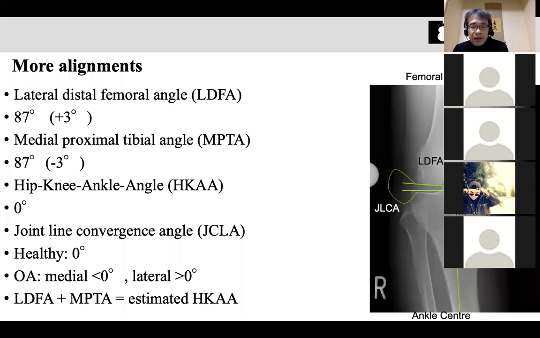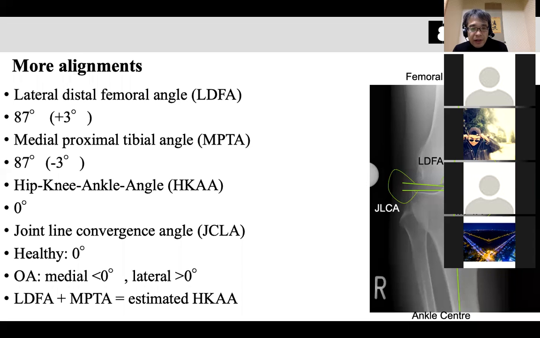And HKAA is the angle between the femoral mechanical axis and the tibial mechanical axis, that is considered to be 0 in the normal patient. And this is the line between the femoral joint line and the tibial joint line. We call it the joint line convergence angle. That is the inclination of both joint lines. In the OA joint, lateral JLCA opens laterally and medial OA opens medially. And again, in the healthy knee, JLCA,